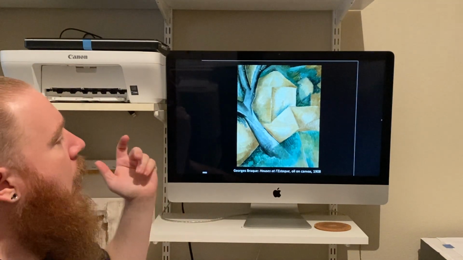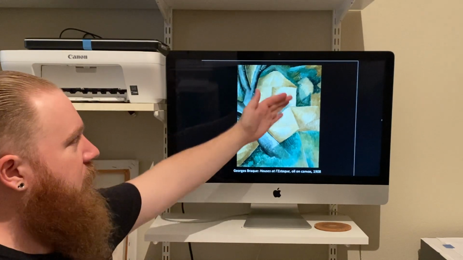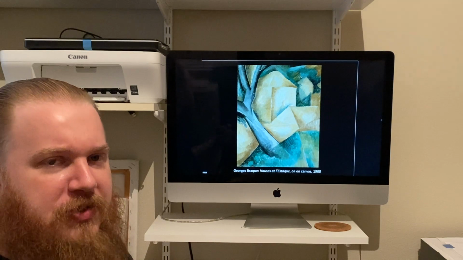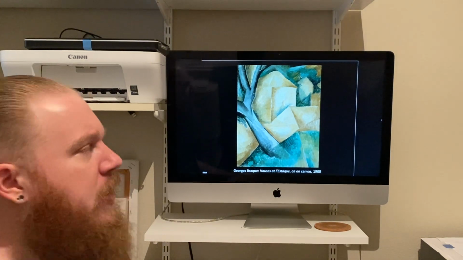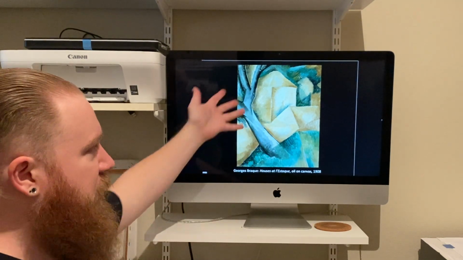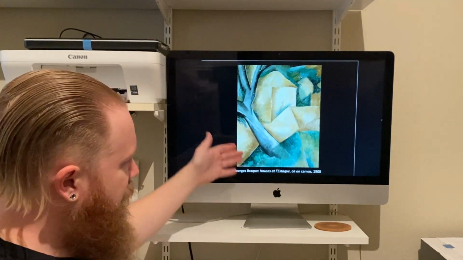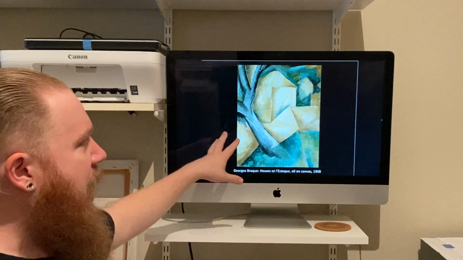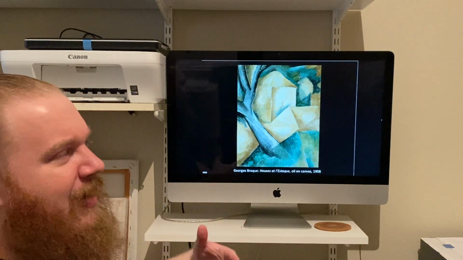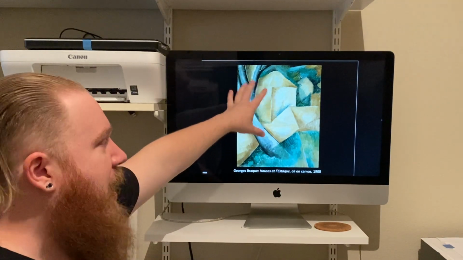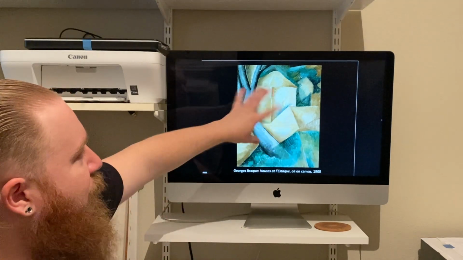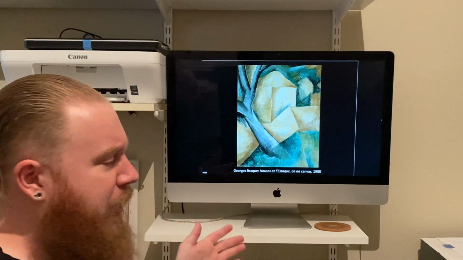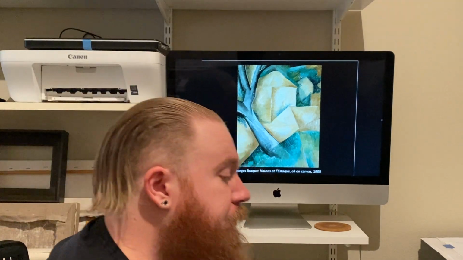And so even though this is meant to be a series like a small village and whatnot, it almost becomes more about the undulation of forms than anything else. Because we could read this as just a variety of shapes that are interacting against one another, as opposed to being a recognizable image of a house and whatnot. So especially if we change the orientation of this painting, it could dramatically change how we read this painting.